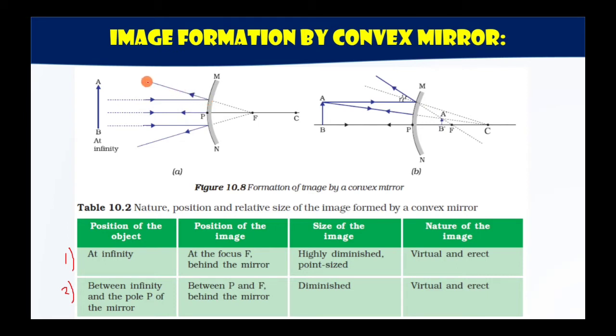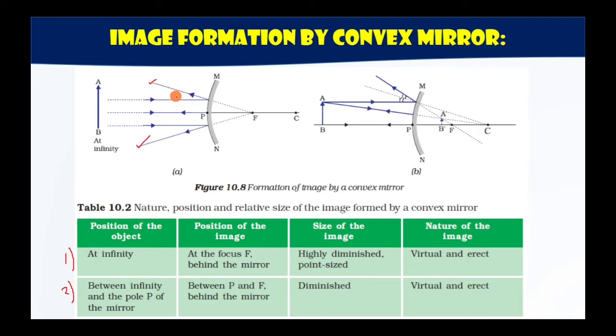So the reflected ray will be directed such that it should pass through the focal point. Now this reflected ray cannot go to the other side, it has to compulsorily reflect back, but its direction will be such that it is in the direction of the focal point. Same will happen with this one also. Now this reflected ray and this reflected ray do not meet each other. Why? Because the convex mirror is diverging, it diverges the rays, it will take the rays away from each other. These rays will move apart from each other, so they do not form a real image.